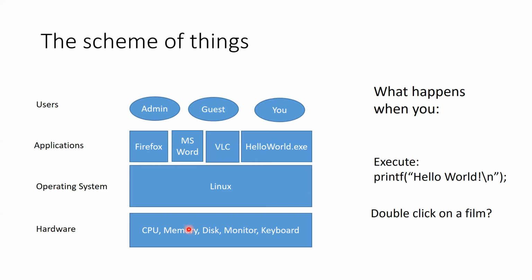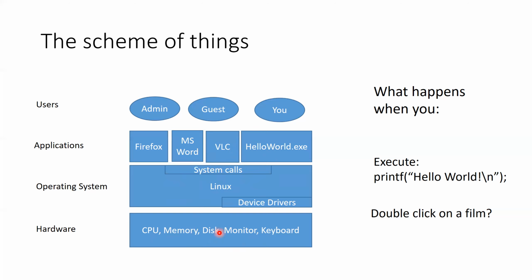Okay, so again, we saw that none of our applications can access the hardware directly, and to access the hardware, they have to request the operating system. The operating system plays an intermediary whenever an application wants to access the hardware. So I hope this example makes it clear that all this hardware is being managed by the operating system, and these applications basically access the hardware through or via the operating system.